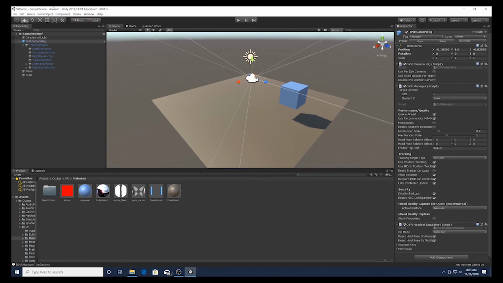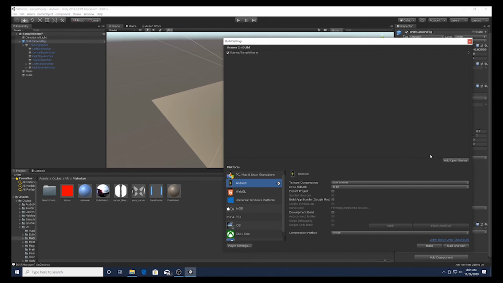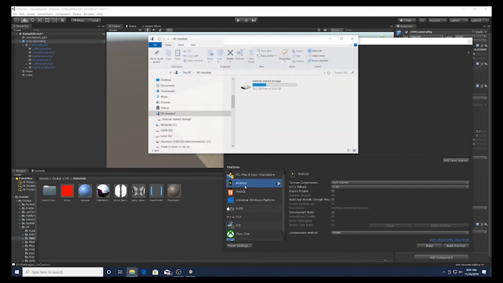And then I want to do a quick OVR build and run. So I need to have my headset plugged in, and it is not right now. So I'm just going to quickly plug in my headset with its Oculus supplied USB cable. And I'm going to go File, Build Settings. And as you can see, the Explorer window showed up with the VR headset showing as internal